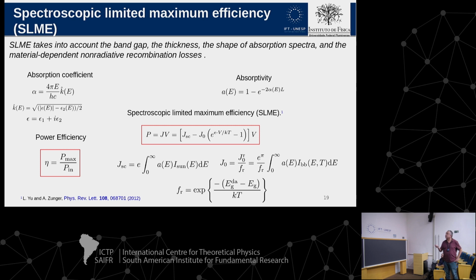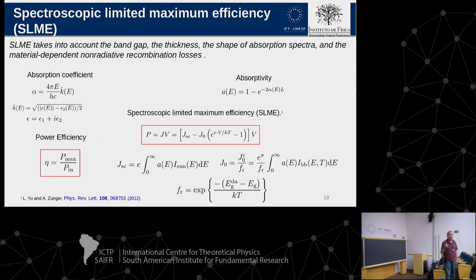Also, in the case of Shockley and Queisser, they don't take into account the shape of the absorptivity. They just take the absorptivity as 1 if the energy is larger than the band gap, and 0 otherwise. But here we can calculate the absorptivity, and then we can take into account the shape of the absorption spectra. And also, they have a very simple model for the relative importance of radiative and non-radiative